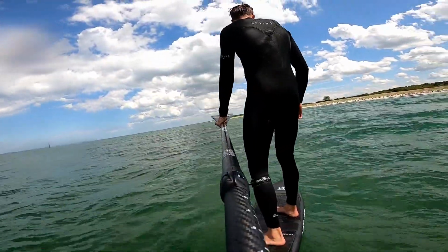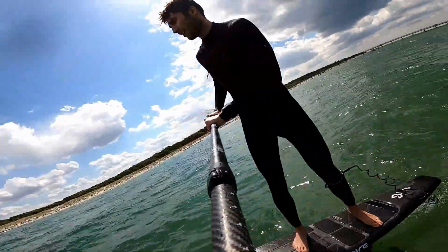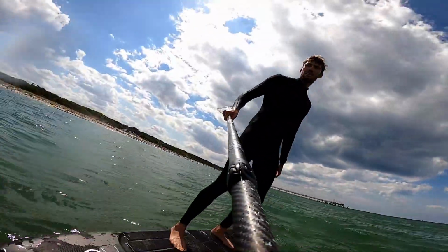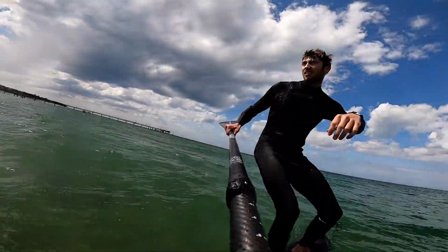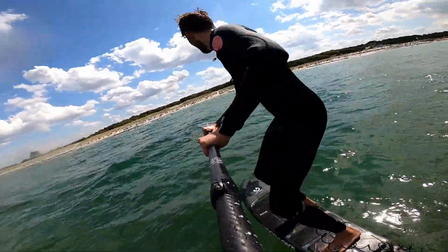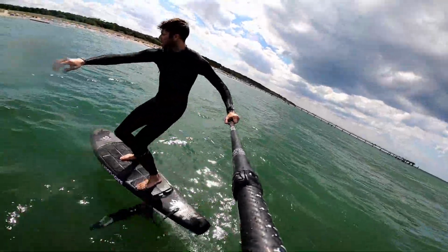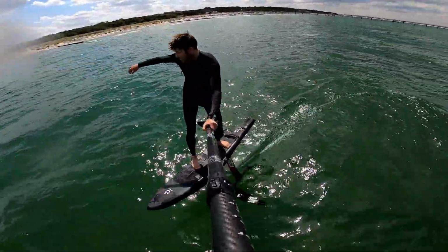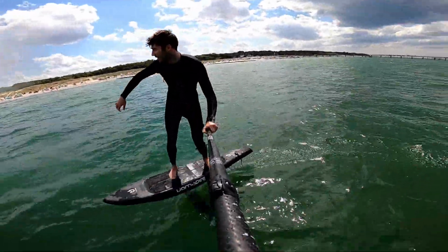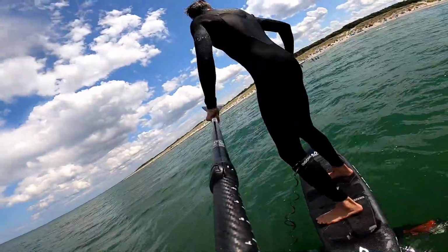On the below 100 liter board, the wave overtook me at the height of my ankles, or not knee high, maybe if it was a really strong wave, sometimes knee high, but mostly on the ankles. But the whole board was beneath the water surface, making it kind of hard to just balance it out and to stay on it. And on the 110 liters, I'm 85 kilograms by the way,